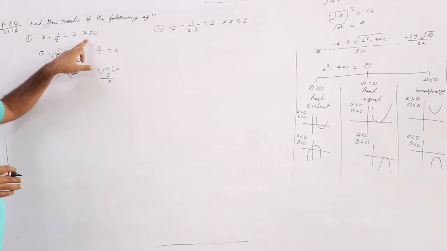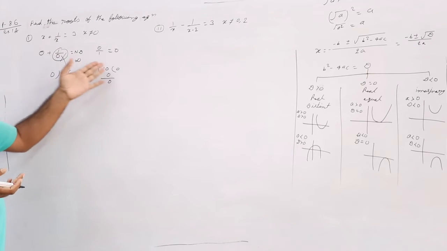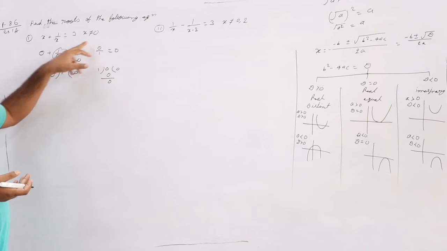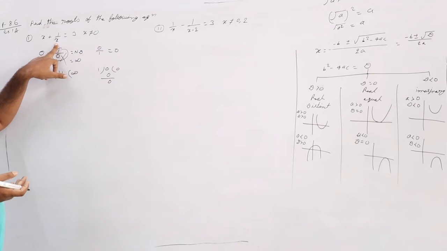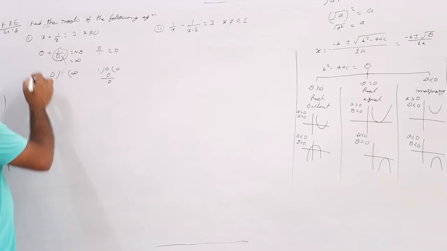Why is this term given? Simply, right? And this much big meaning is there. You can't put x is equal to 0. If you put 0, this equation doesn't exist. Now see the question. Copy this.